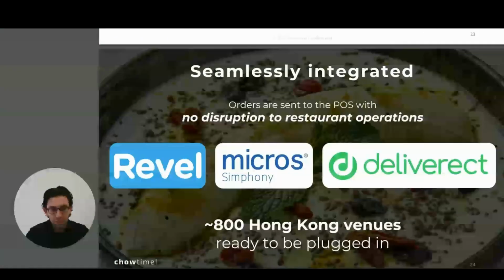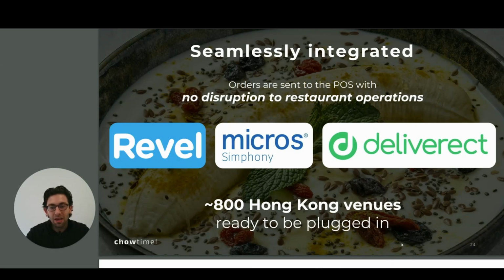Moving on. This is just a slide calling out the point of sale integrations. Again, we mentioned it very early in the presentation. This may not be relevant to your business, but if it is, you should say who you're already integrated with. And the key takeaway here is that orders are sent to the point of sale with no disruption to the restaurant operations. So you implement our product, nothing changes except that waiters and waitresses do not have to take order and payment, which saves them a ton of time, and they can focus on delivering hospitality, checking in on customers,